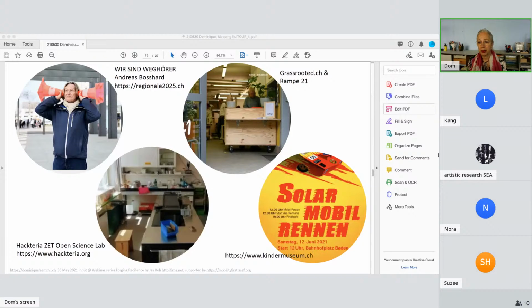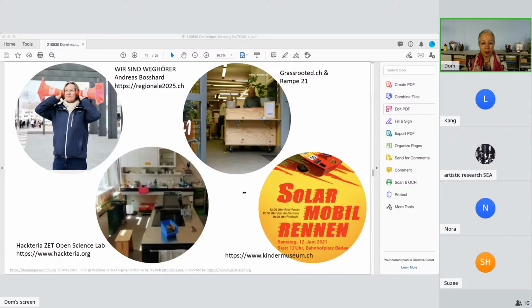So here are some of the projects. For example, on the top right, Grassrooted, they are experimenting with alternatives to the supermarket. Then on the top left, Andres Borsard, he's experimenting, making us aware of how we hear noise, how we don't hear what we don't want to hear.